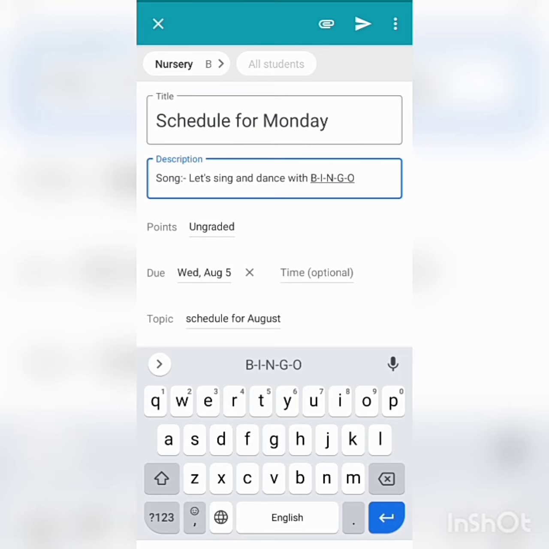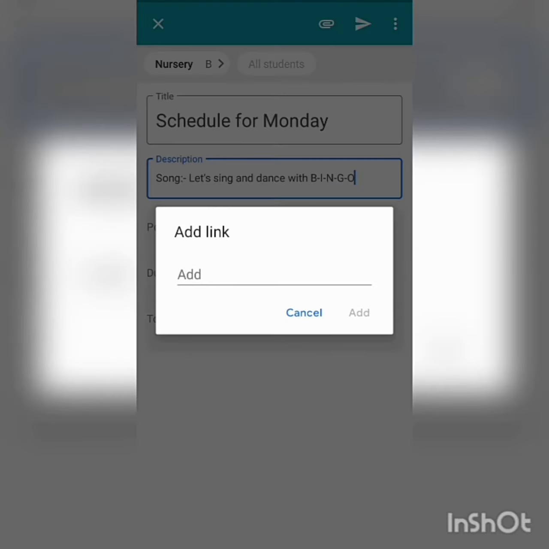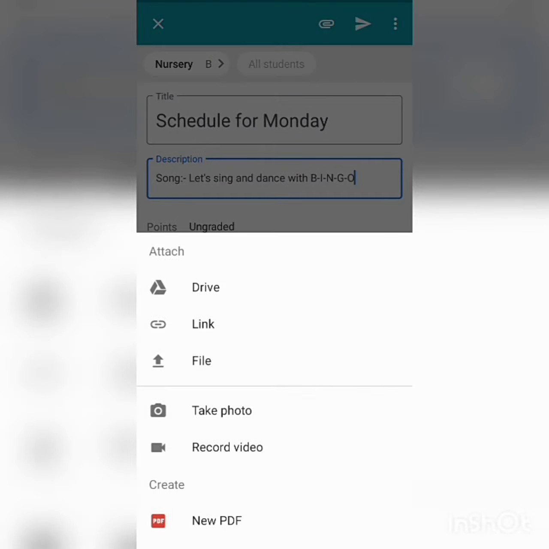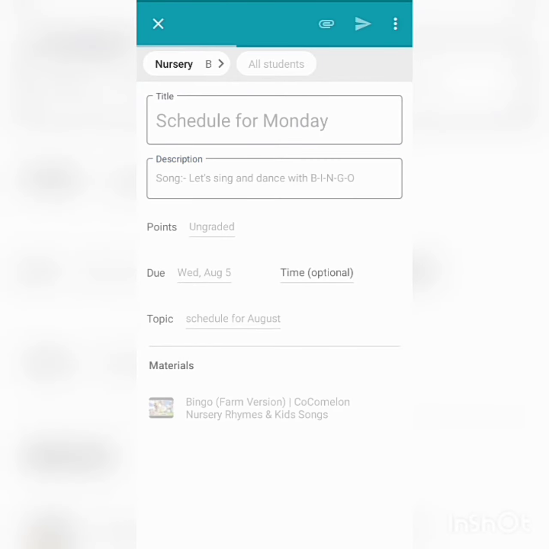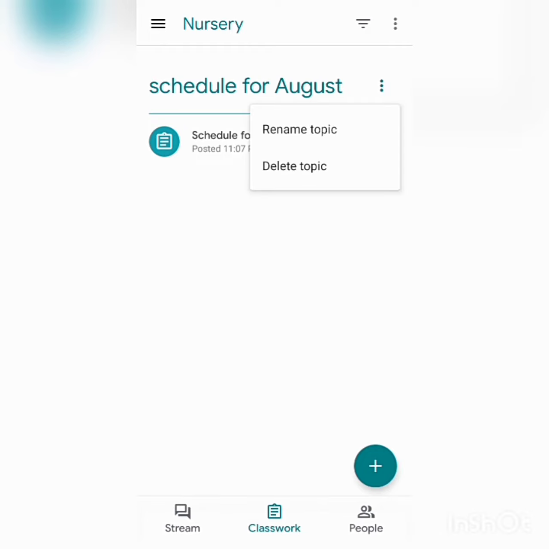And then attachment. I'm going to attach a link, so you can copy the link and paste it here, then add, and then you can see the link is attached. Now I'm going to click on the arrow and done. You can see the same, as the topic is scheduled for August.